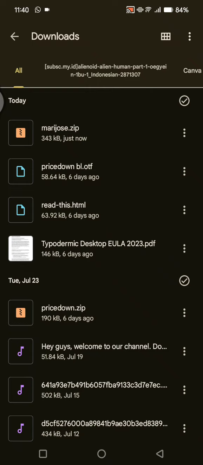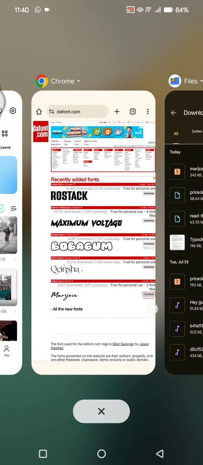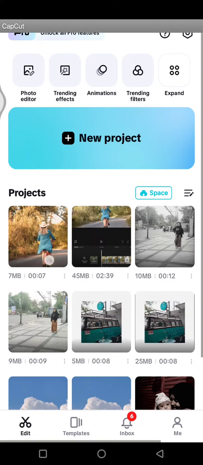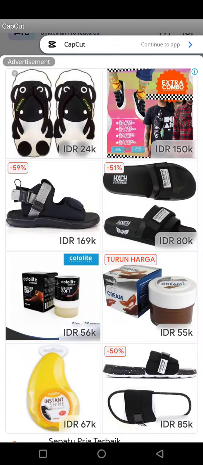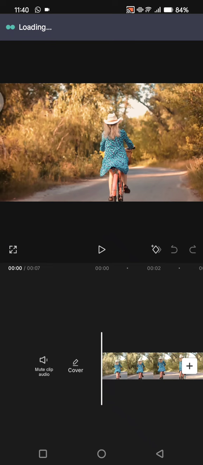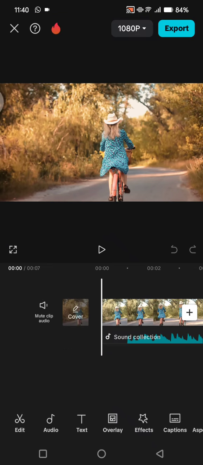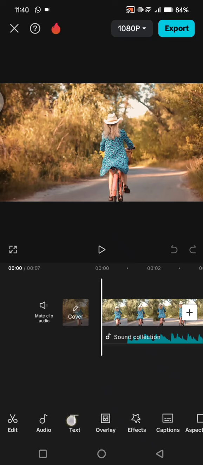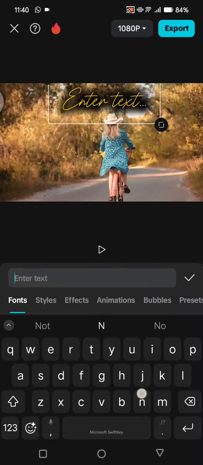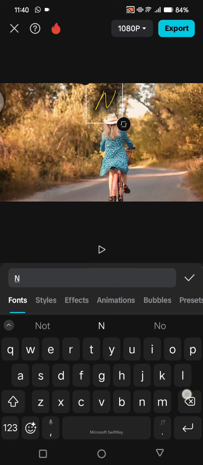Click on done, and let's open the CapCut app and open the project that you want to edit. This one for example, and let's add it to my projects in here. So click on tags and click on add tags. I'm going to write the tags first. For example,